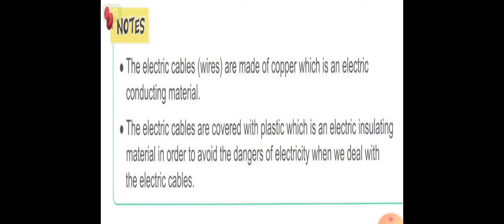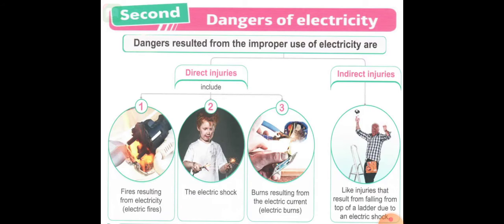Okay, now we can talk about the dangers of electricity. The dangers of electricity result from the improper use of electricity. If you deal with electricity in a careless way, you will find a lot of dangers. The dangers can be divided into direct injuries and indirect injuries. Direct